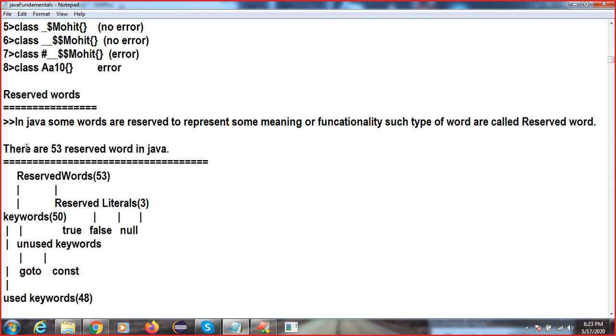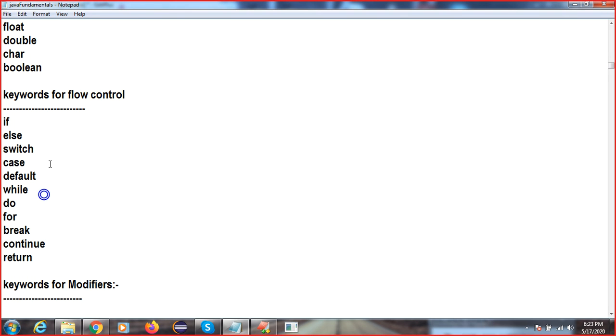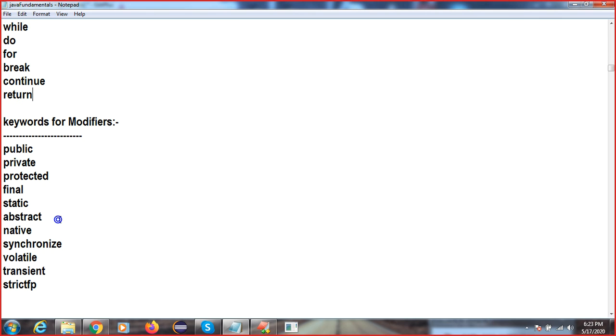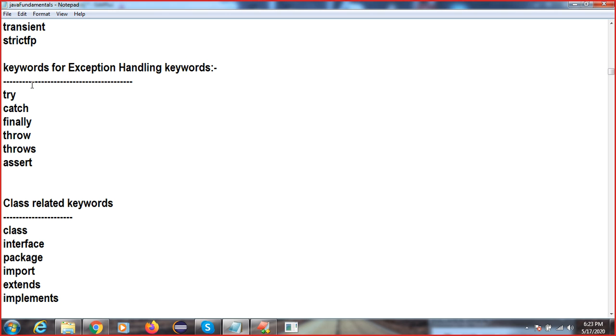So this is the list of reserved words. We already discussed this. Keywords for data types, these are the data types we will use. Keywords for flow control, these are the flow control we will use. Keywords for modifiers: public, private, protected. We will use all these keywords in the coming sessions day by day. Keywords for exception handling: try, catch, finally, throw, throws and assert.